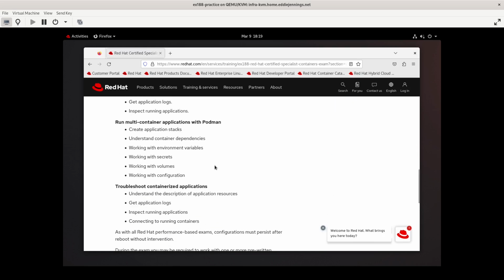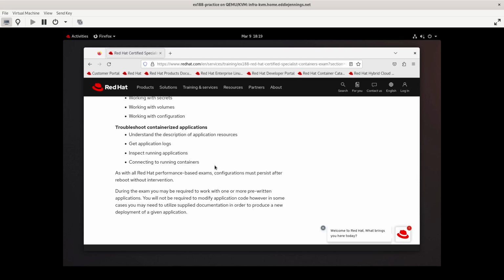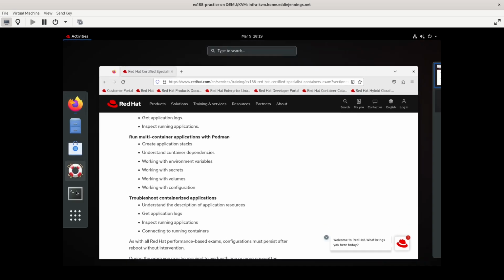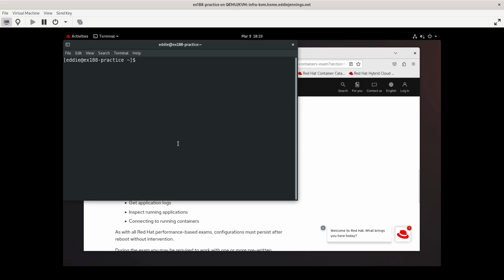The one thing I could think of that might be a gotcha with that is, all right, so the exam wants you to have certain containers running. Well, let me just go to Podman. We're going to make a quick little container here. I'm going to name it,